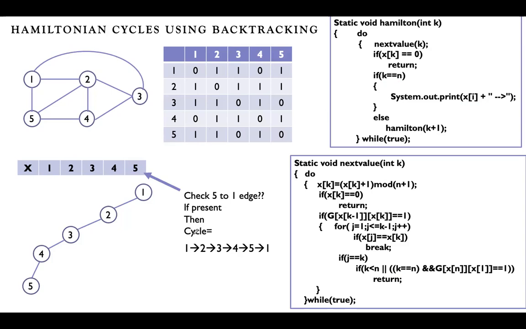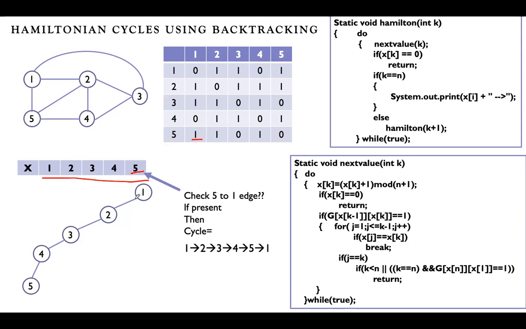When you reach the last location, you have to check that last location value. Here now 5 is there. Otherwise it may be 1, 2, 3, 4, anything. From there you have to check whether you have an edge to the vertex 1. If there is an edge from 5 to 1, then this is a cycle. Okay, we found out the first cycle in our graph.